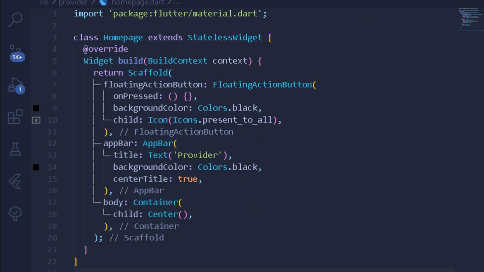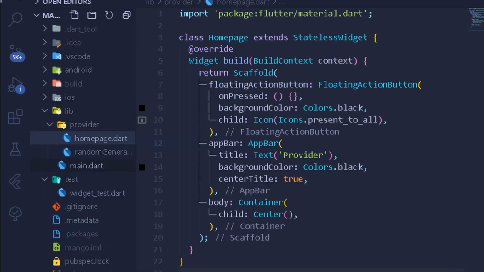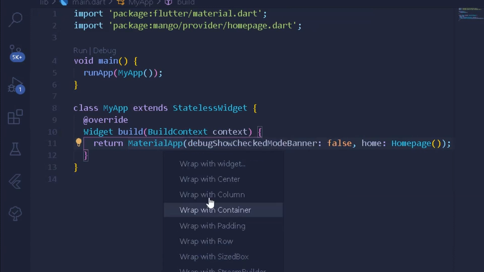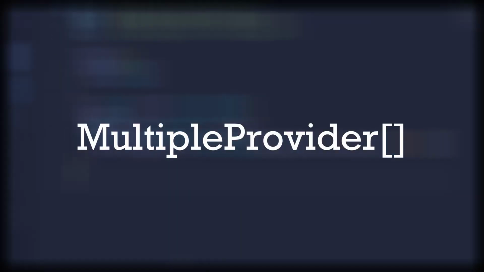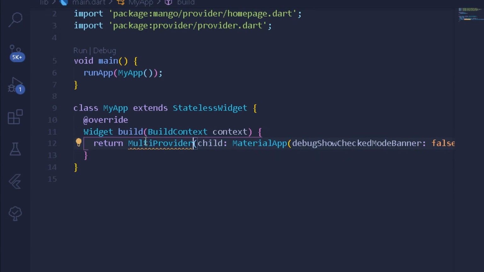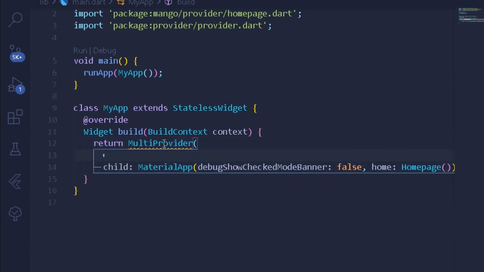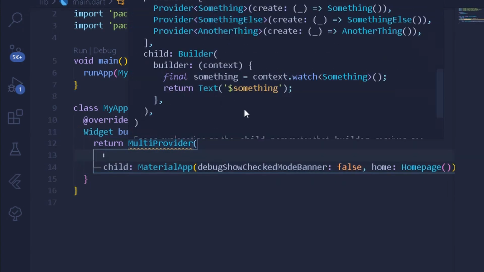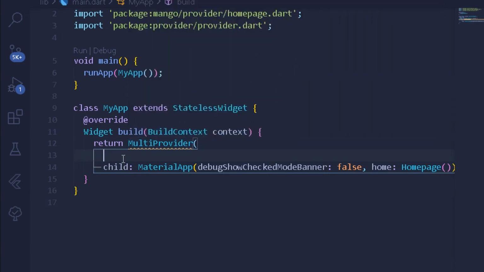But before that, you can move to your main.dart file and refactor the MaterialApp into a MultiProvider. The MultiProvider is helpful in case our Flutter application has multiple providers. The MultiProvider will need a value. So here, after having this child, if I hover over it, it takes a required parameter, which is providers itself.